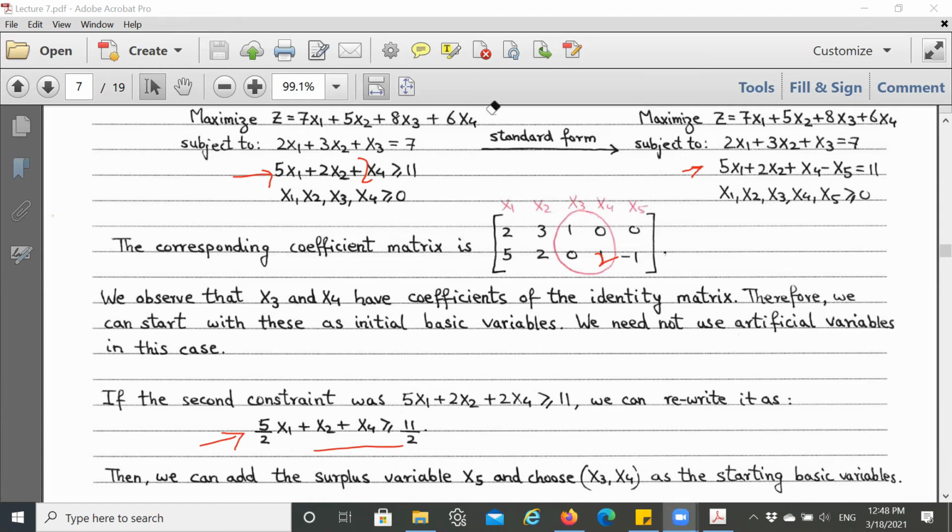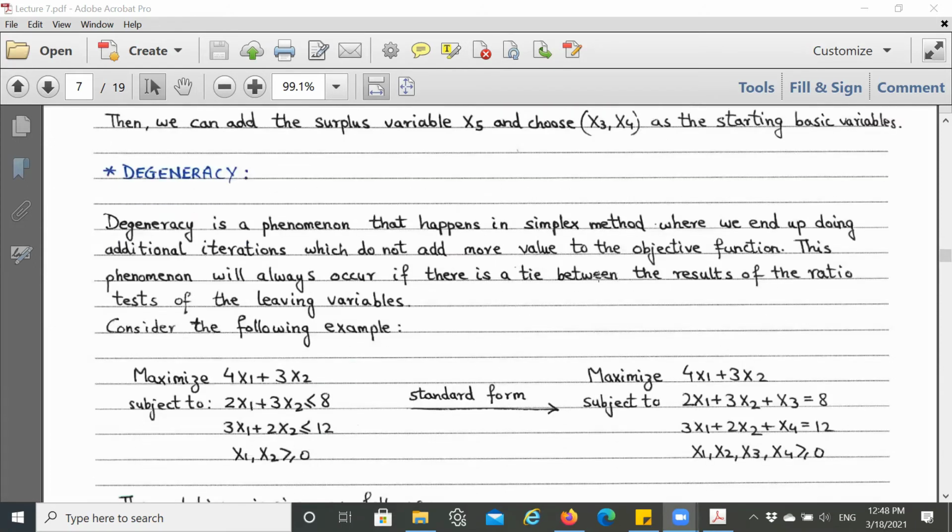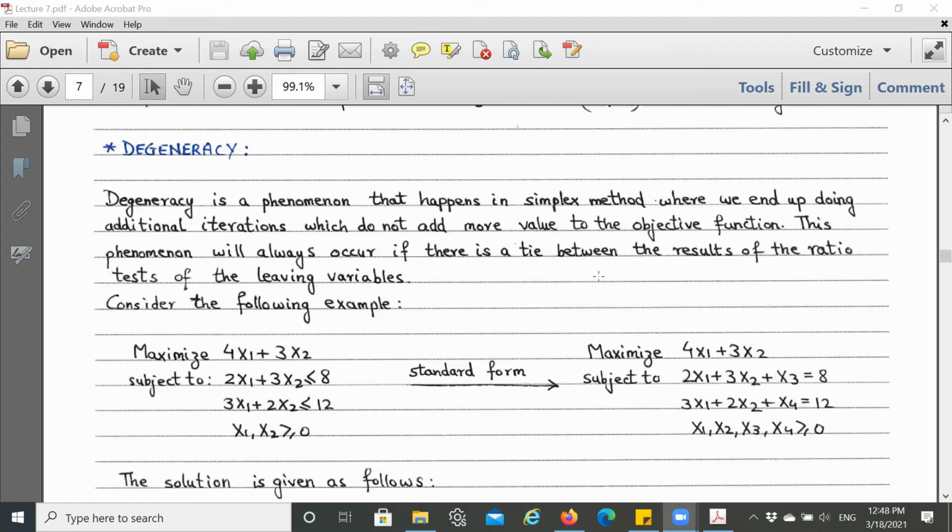Good. Okay, let me also tell you about degeneracy, which is a problem that may happen during the